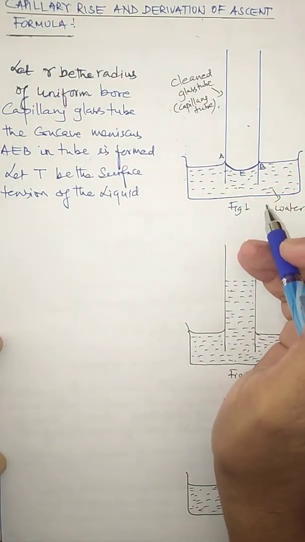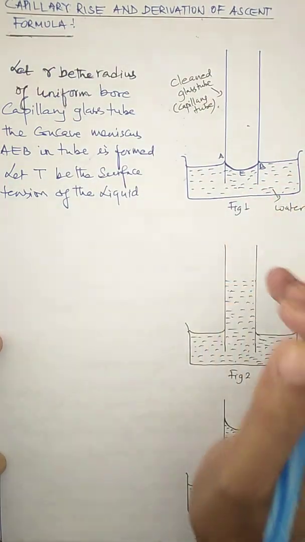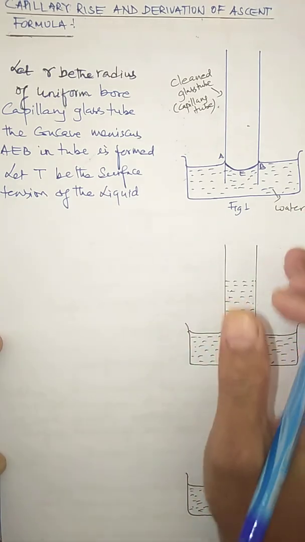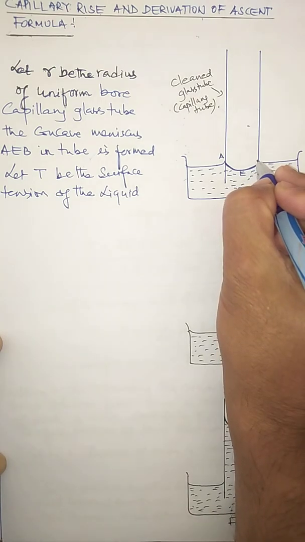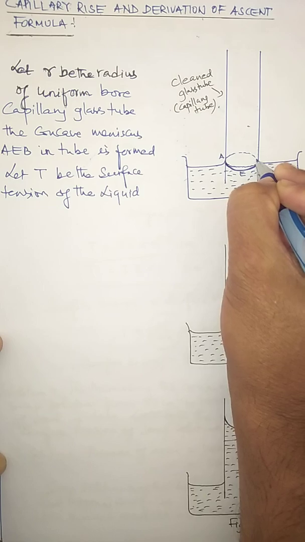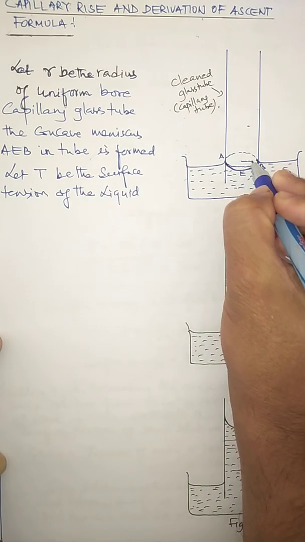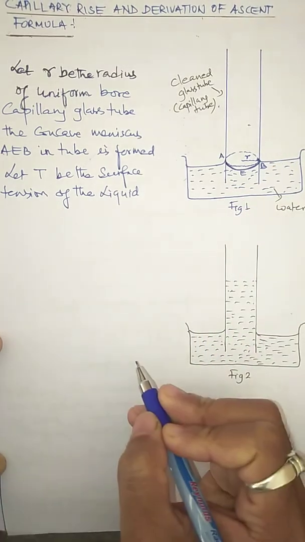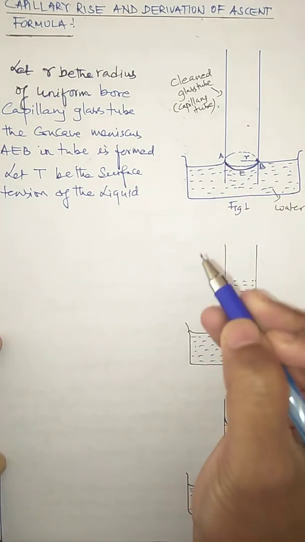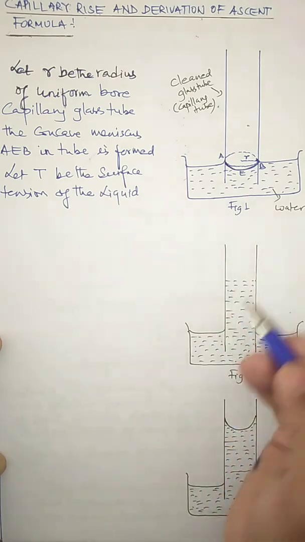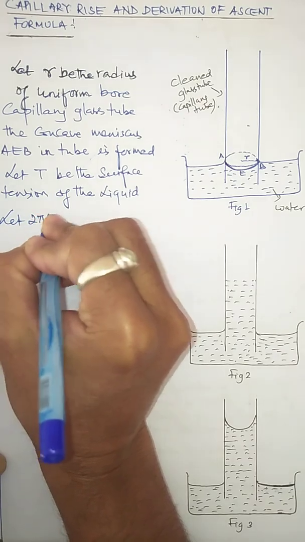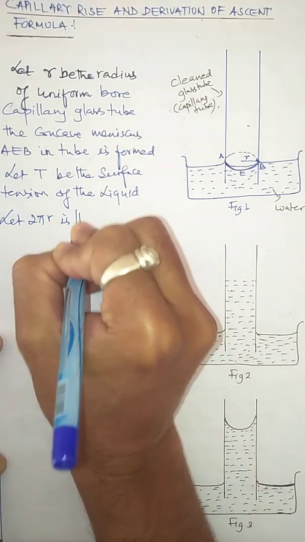And this is actually given by the circumference of the circle. Now every circle has a circumference, and you know the circumference of a circle is given by 2 pi r. So let me show with the help of a dotted line the circumference of the circle. So this is the circumference of the circle, and this is r, the radius. So this dotted line which I have shown in the diagram is the circumference of the circle in which the liquid meniscus has been formed inside the tube. So I consider that 2 pi r is the